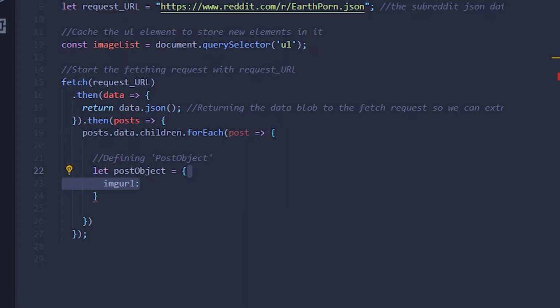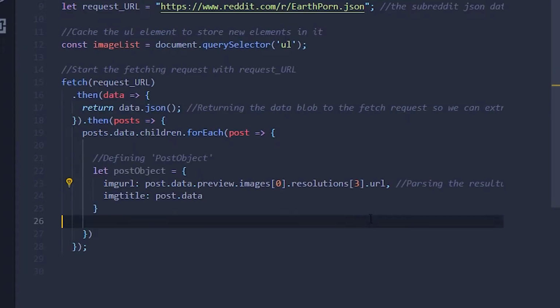We're going to have an image URL. As I said before, this is going to be the 4th resolution from this little drop down. So let's do post.data.preview.images[0], because it's going to have this little thingy in it. And then we're going to choose the 4th index for our resolution, because this is from 4 to 5, I think. It's 6 really, 6 iterations. So yeah, this is our URL